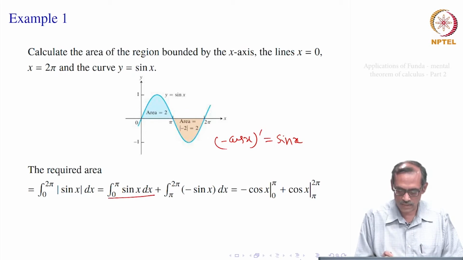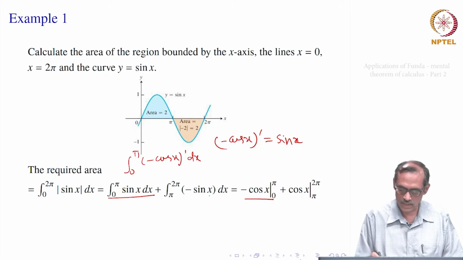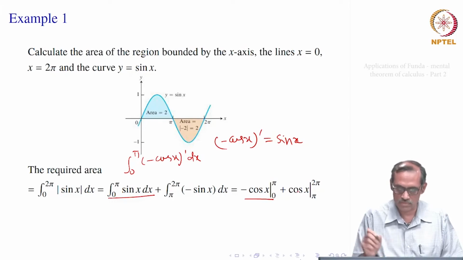So, the integral you see here is equal to the integral 0 to pi of the derivative of minus cos x, dx. So, by the fundamental theorem, that should give minus cos x evaluated at pi minus minus cos x evaluated at 0, which we write this way with a vertical line from 0 to pi. Then similarly, the other one is the integral from pi to 2 pi, because already minus sin x is there. So, this one gives really the derivative of minus cos x for this one, and the second one is minus sin x, which is in the form pi to 2 pi of the derivative of cos x dx. So, that gives you cos x in the integral.